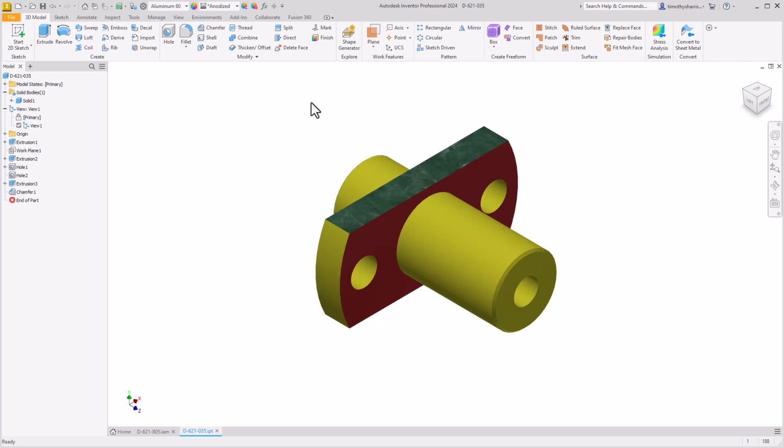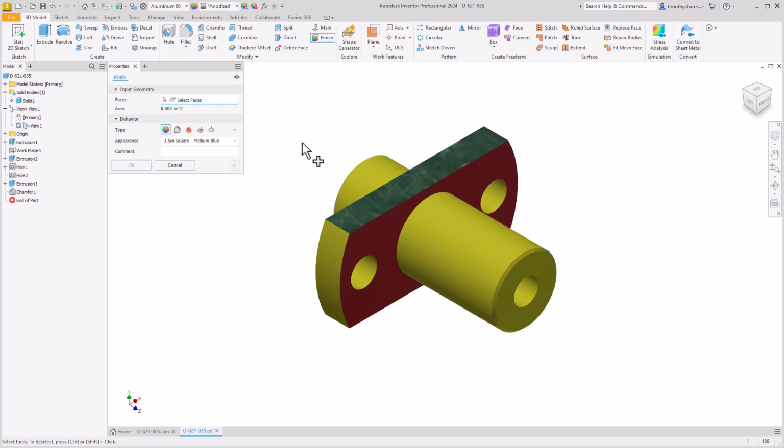This brings us to our new finish command. Our new finish command actually adds a 6th level of appearance overrides. If we select the finish command, a property palette opens up. One thing to note, if you are opening up an old version,